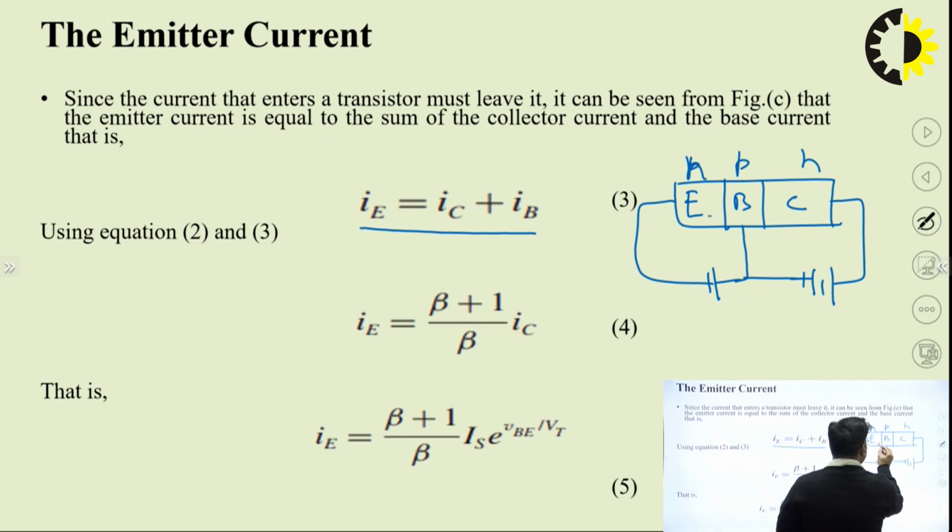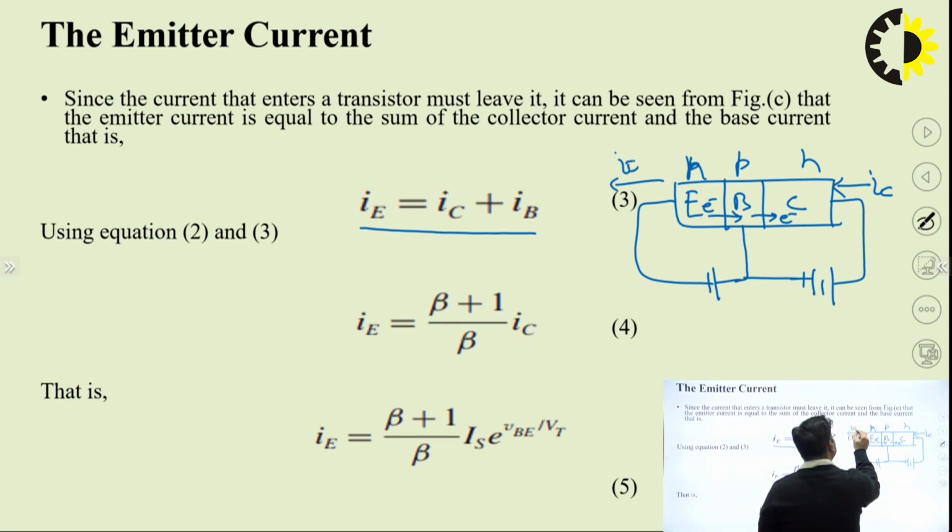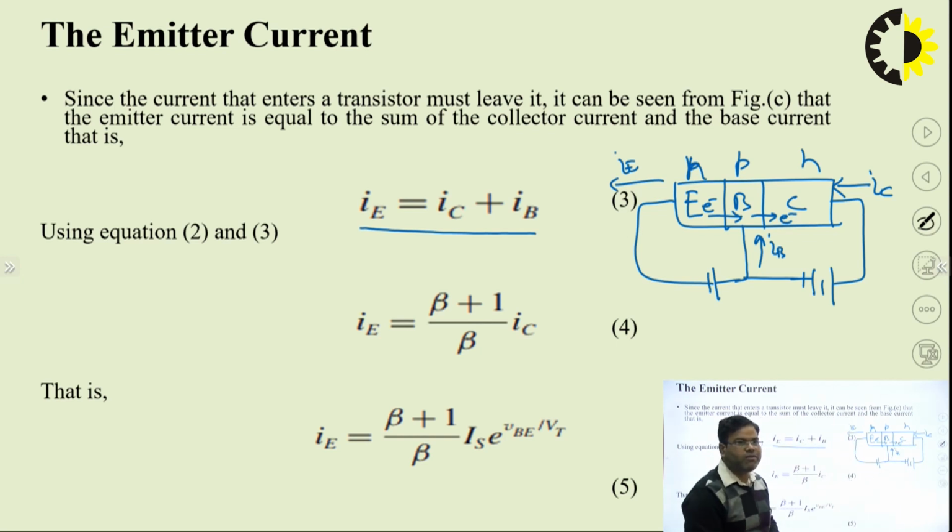Okay, so electrons will be injected from emitter to base and it will be collected at the collector. So the direction of IC will be inward and direction of IE will be like this, and this is the direction of IB. If we apply the KCL at this node, then we get IE is equal to IC plus IB, that is outgoing current will be exactly equal to incoming current. This is the value of emitter current,